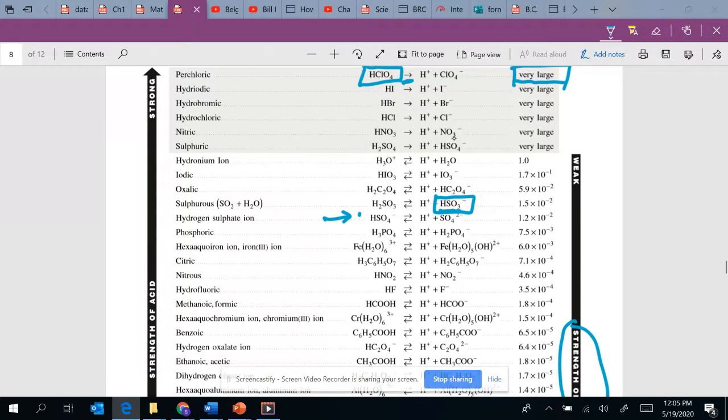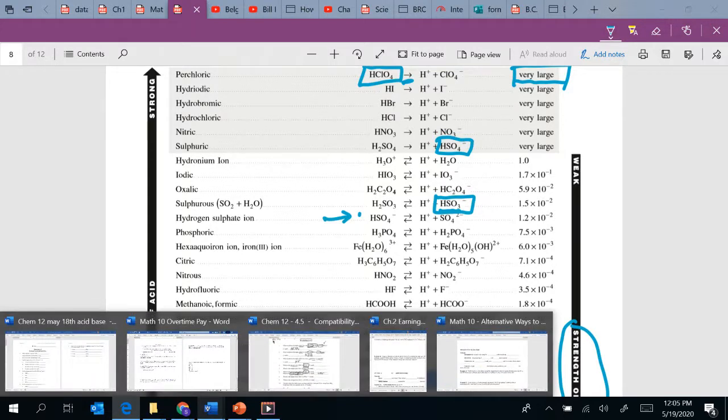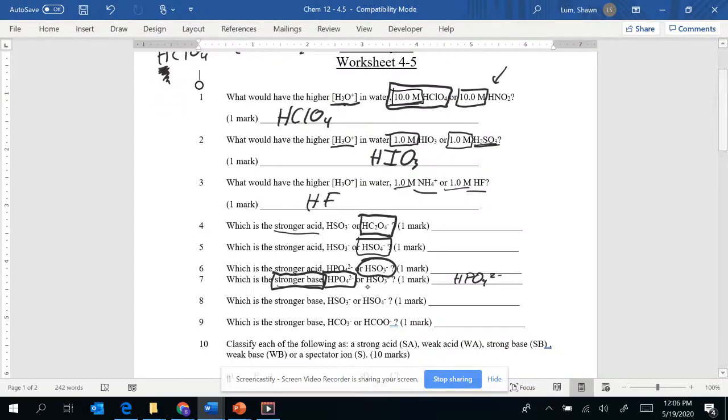So here's HSO4 minus. Now here is the thing. This is a little bit confusing. So we have right there, which one is a weaker base or a stronger base? So we have HSO3, this is going to be the stronger one because this one right here. So first I'm going to write the answer, HSO3 minus. HSO4